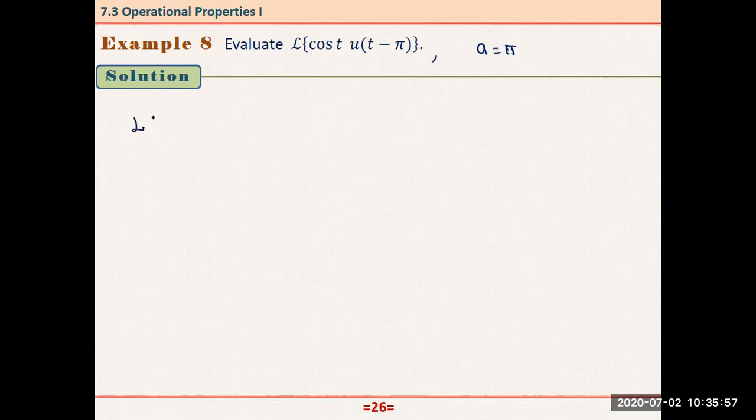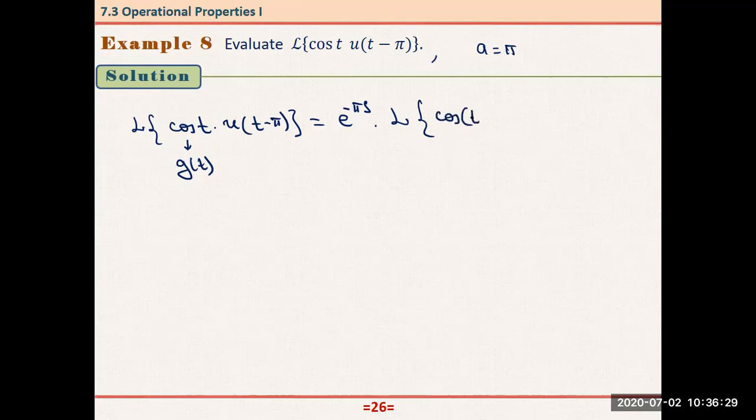Then the Laplace transform of cosine of t times u of t minus pi, that's equal to e to the power minus as, where a is equal to pi, so minus pi s, times the Laplace transform of g. This one is our g function, right? G of t. Now what we have here is g of t plus a, so that is cosine of t plus a. What is a? It is pi,